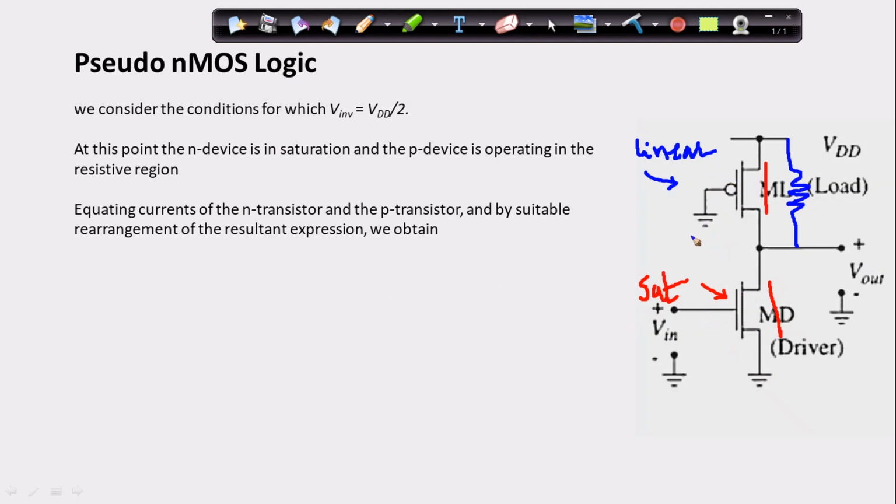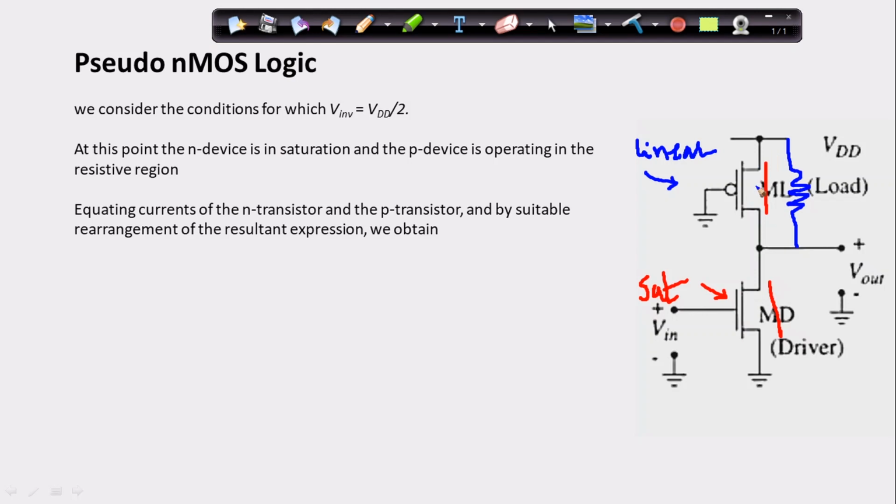We are considering that since it is getting a closed path, VDD is connected directly to the ground. So what I can do is equate the current passing through PMOS and the current passing through NMOS. I'll consider both to be the same. If you take a look at the saturation current, the equation we have is half mu Cox by 2 W by L, and then (VGS minus VT) whole square. Whereas here it is (VGS minus VT) into VDS by 2.